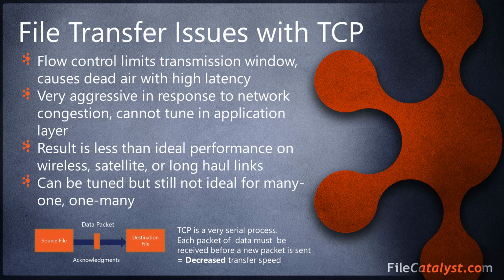The problem with TCP, however, is that these packets have to be sent in sequential order, and they have to have an acknowledgement that it was received at the destination location before the next packet can be sent. So you have to send a single packet, wait for that destination to send you back an acknowledgement saying, I received that packet, please send the next one. And this need for sequential transactions and waiting for round trip time, which is the time it takes between a packet being sent and acknowledgement being received at the sender's end, is one of the root causes of speed degradation, and it only becomes worse when there are large files in play and if there's any degradation found on